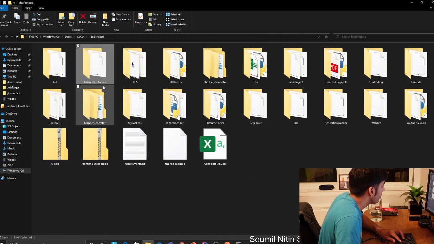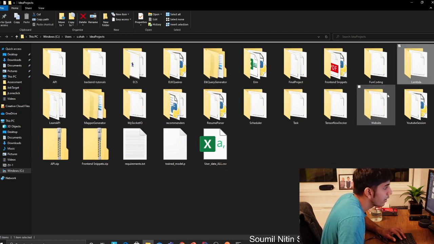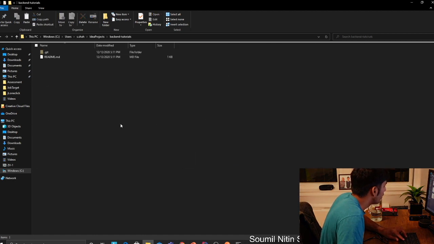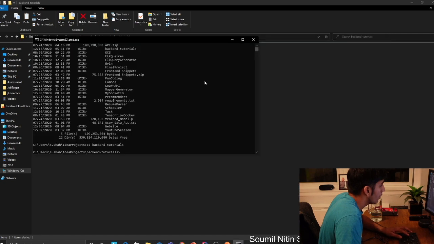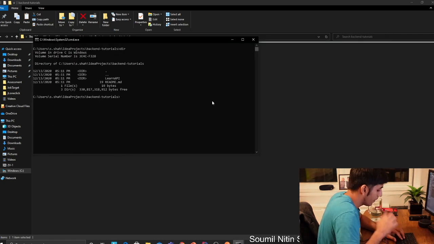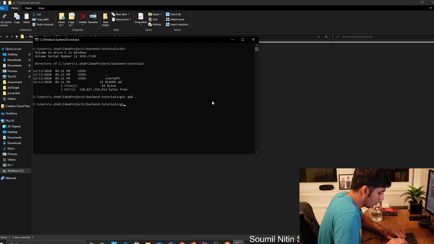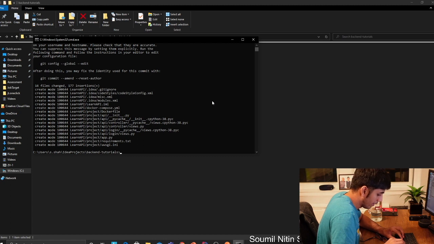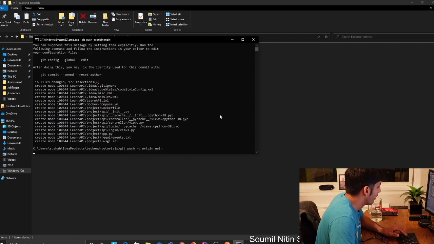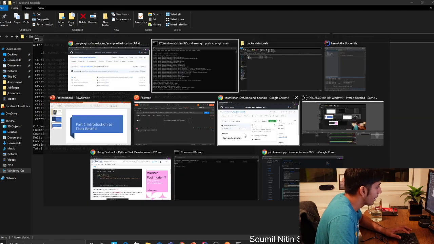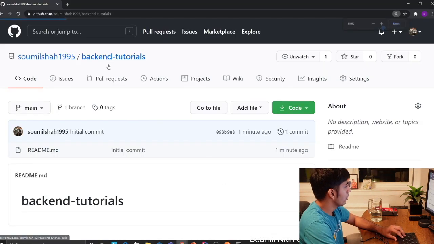Backend tutorials, let's see, that's that one. And I'm gonna dump the code from Learn API, sorry. So take that entire folder, dump that into the backend. Just do a commit quickly. And that should be pretty much it. Right now the code has to be on my GitHub. Come here and check out the code.